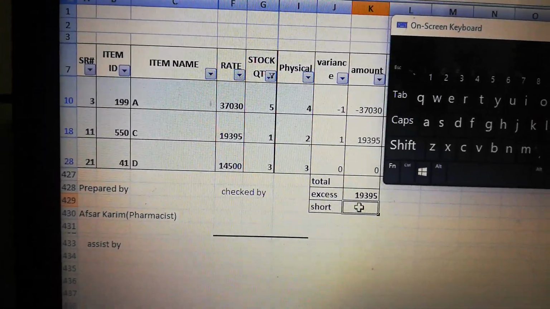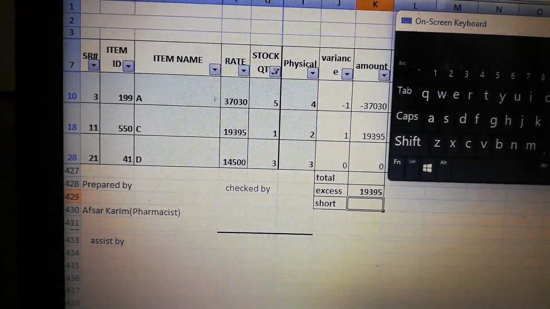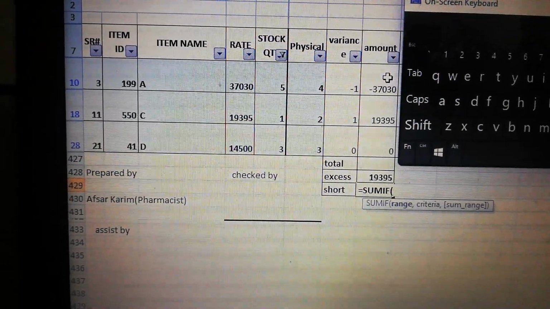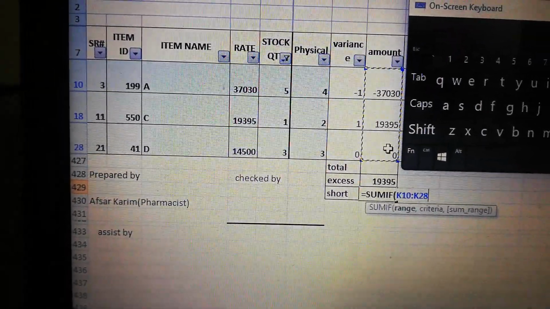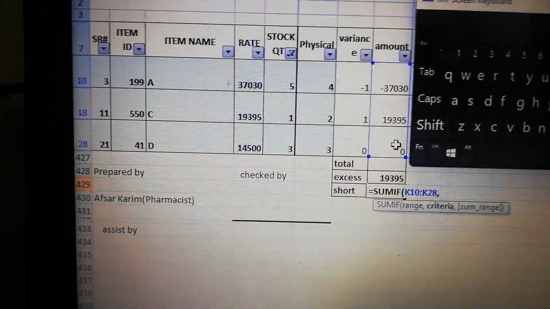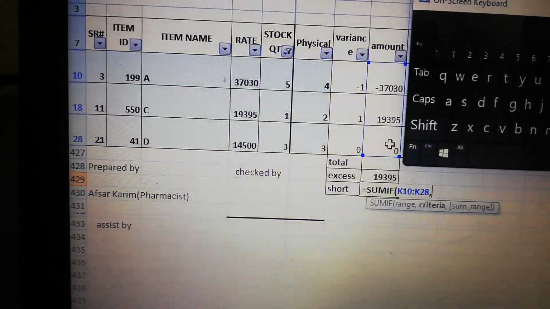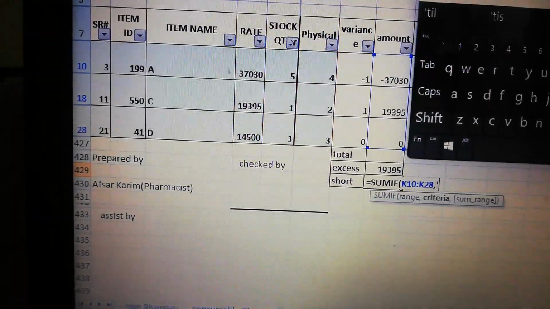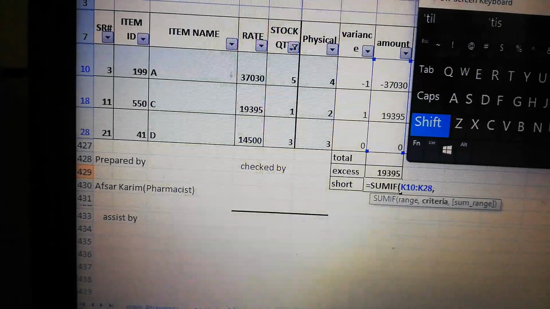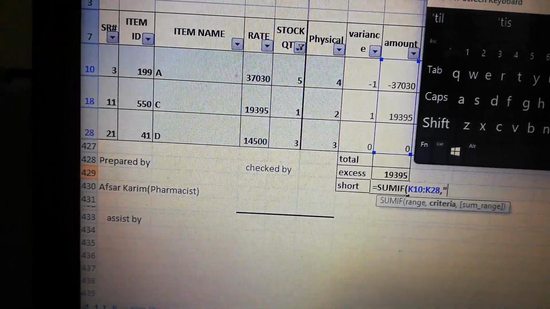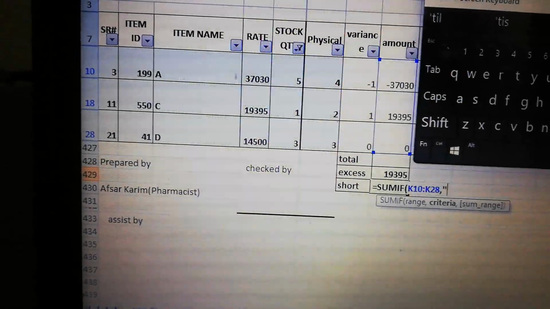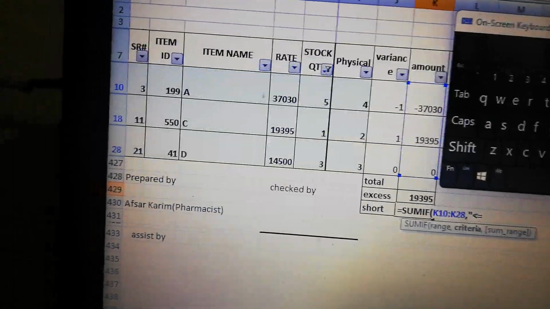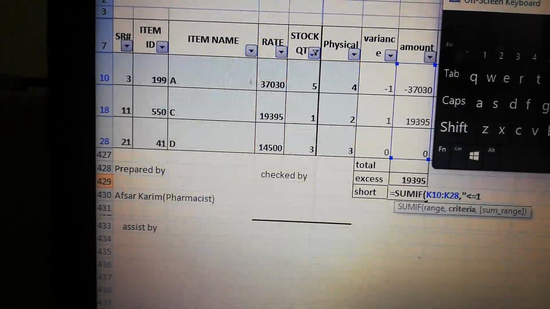Likewise, for short, equal sign, SUMIF, select all the range, comma, quotation mark. Now we have to use less than, shift and less than or equal to 1 and the quotation mark